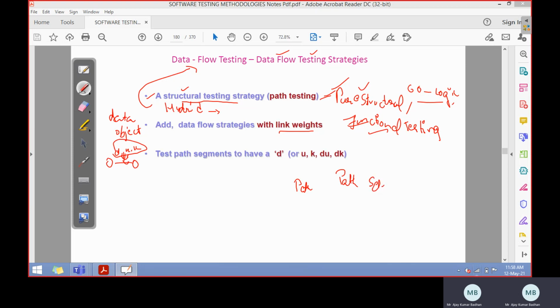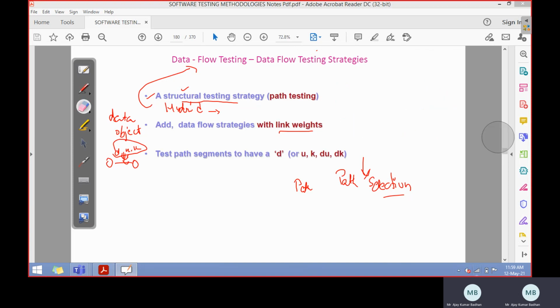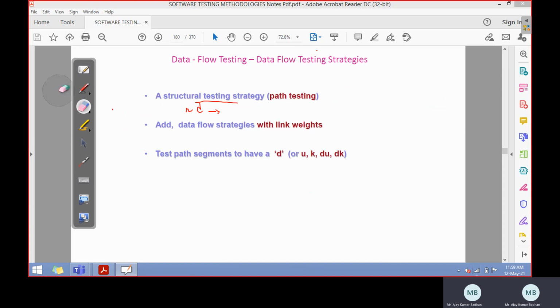So based on the paths we select in order to perform this data flow testing, we can determine which particular strategy can be implemented here. It purely depends upon the path selection, or you can also call it selecting the test path segments, like which path segment you are using in order to perform that testing. Within that, how the data objects are represented will be taken care of by these data flow testing strategies. That is what he means to say, and that is what he is saying in the third point.